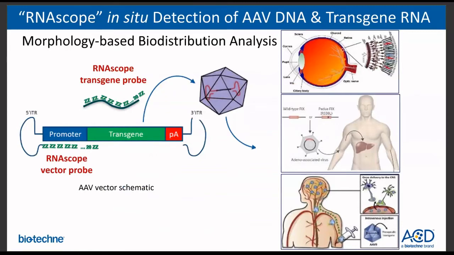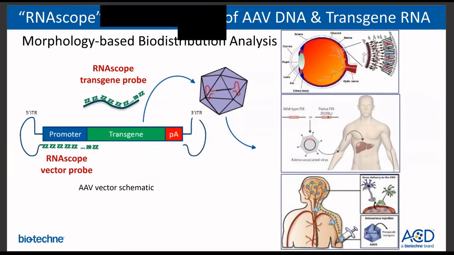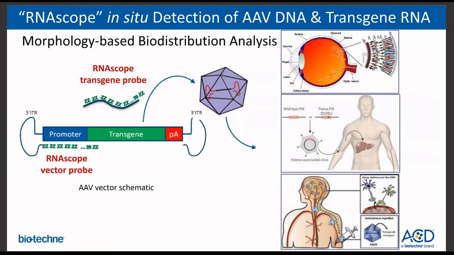However, it is essential to understand the biodistribution of the gene therapy in target and non-target tissues, as well as the persistence of transgene expression in those tissues too. So we use our RNAscope assay to detect AAV transduced cells in monkey retina, as you can see in the top right corner. And then we also use